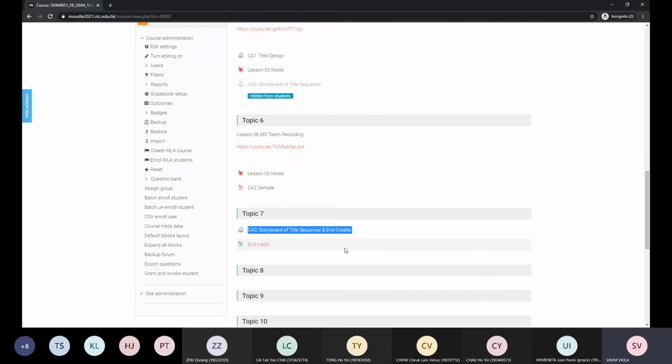animation, and I will teach you how to do it. So for the coming few weeks, I will teach you more about using After Effects to animate, because you know that for your EA, you should do it in After Effects. Once I receive all your CA2, which is your storyboard, I will know what kind of movement or animation you're going to do in your title sequence and also the end credit.